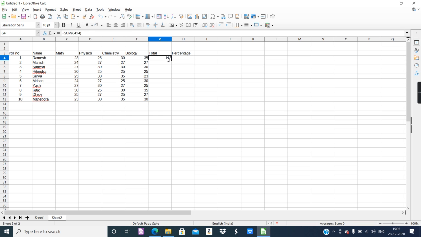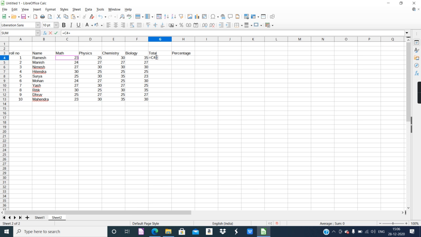Even if you do not know the formula, it's also easy. For any calculation, first of all type is equal to, then type individual cells. Click on any cell, so the value inside that will be considered, and the name of the cell, that is C4, we know very well, will be shown.